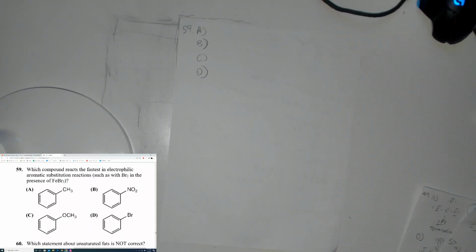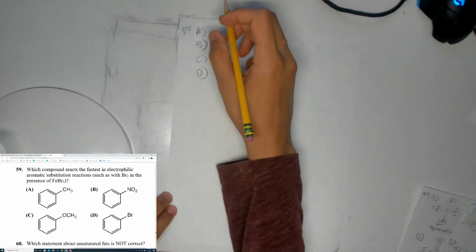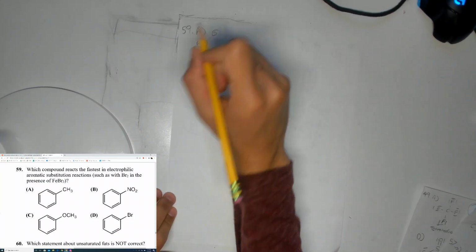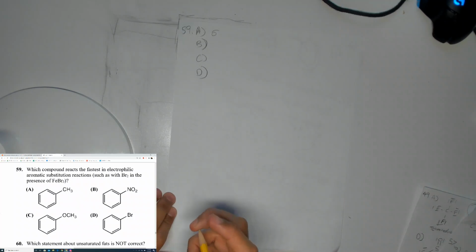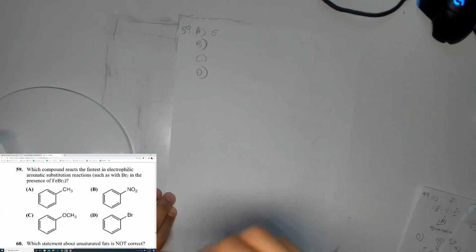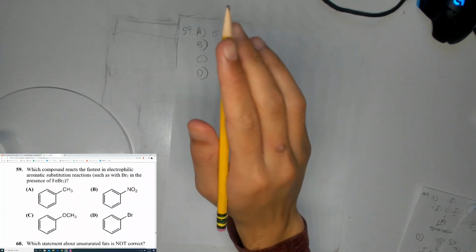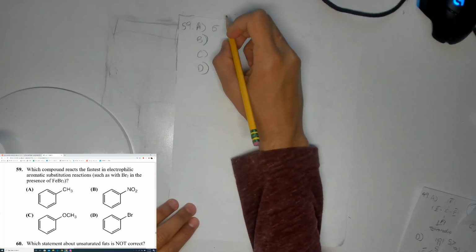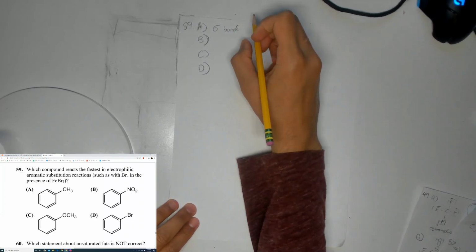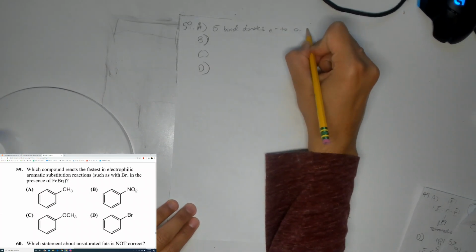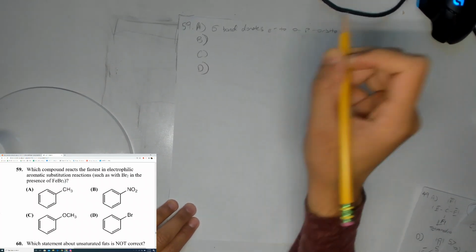So it donates electrons via hyperconjugation. And hyperconjugation is when a pi bond, not a pi bond, a sigma bond, right? A sigma bond between the carbon atom in the benzene ring and the CH3. The carbon atom in the benzene ring bonded to the methyl group. So in hyperconjugation, a sigma bond donates electrons to a p orbital, right? So in this case,